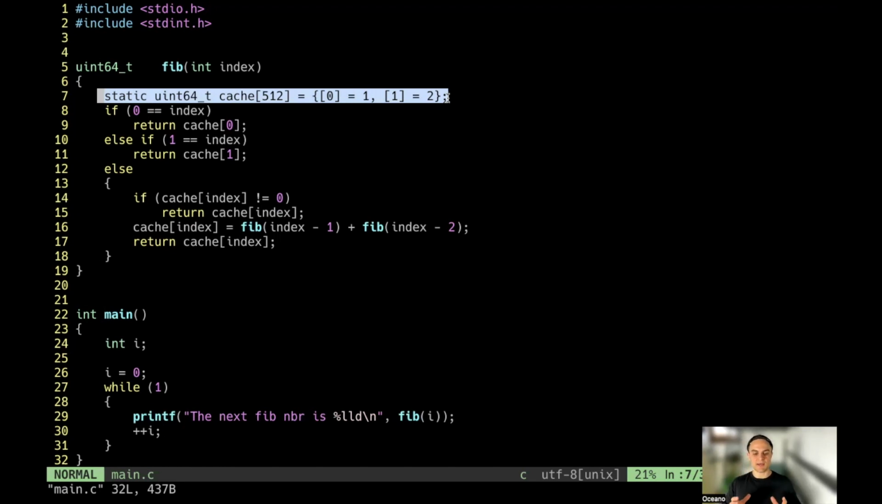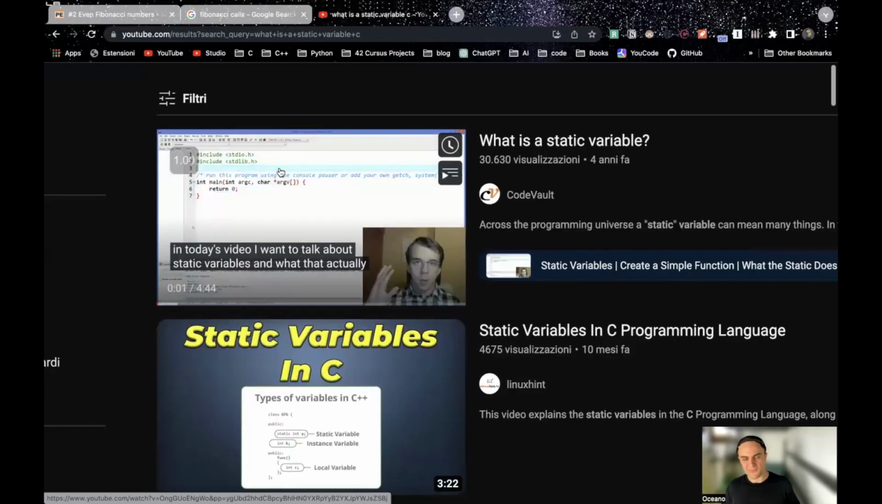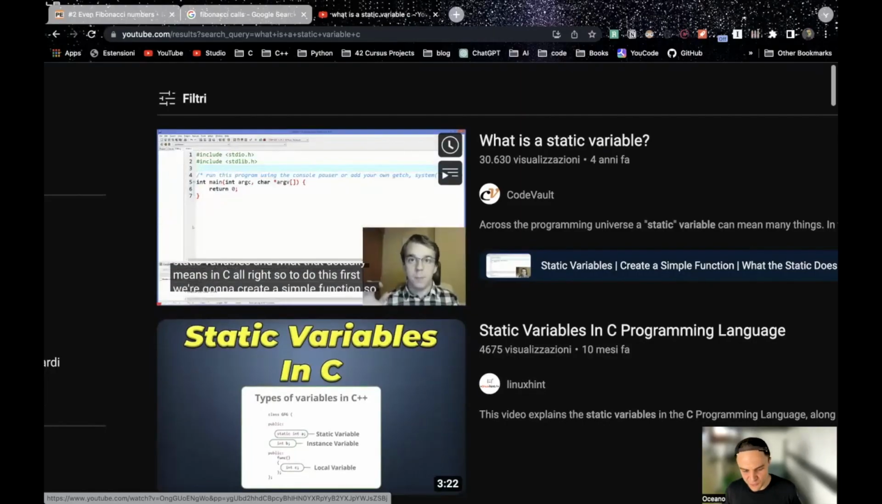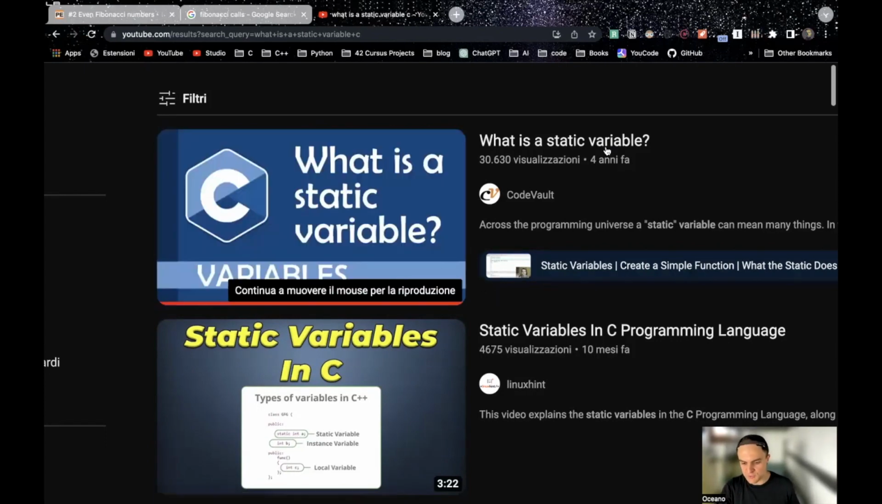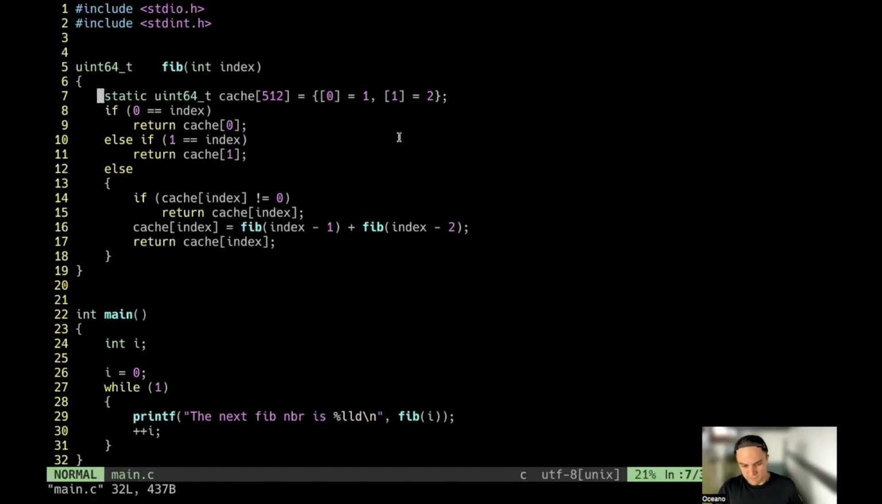So every time I get a specific value for a Fibonacci call, I'm going to stock it inside my cache that is always alive, okay? And it never dies. If I remove this static, this is not the case. All right, this is not meant to be a course on the C programming language. So I urge you to watch the video on what a static variable is from Code Vault, which explains very well what is going on. So this is our very performant algorithm